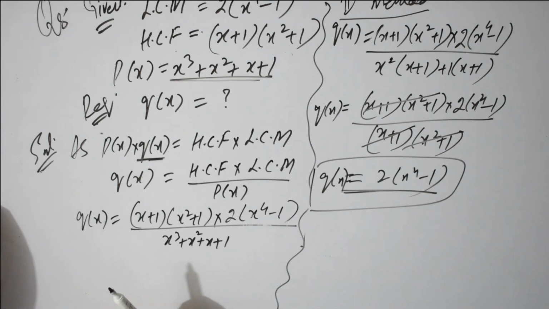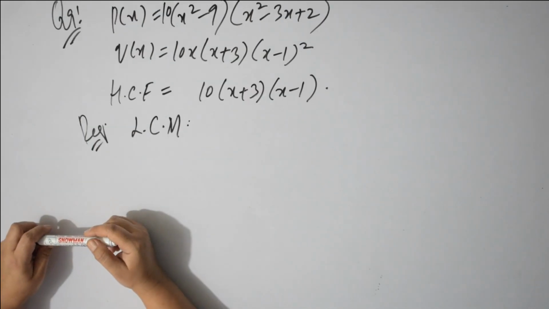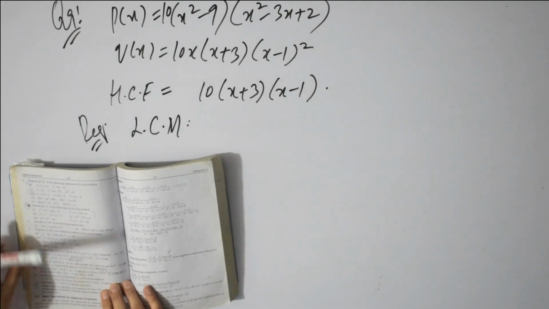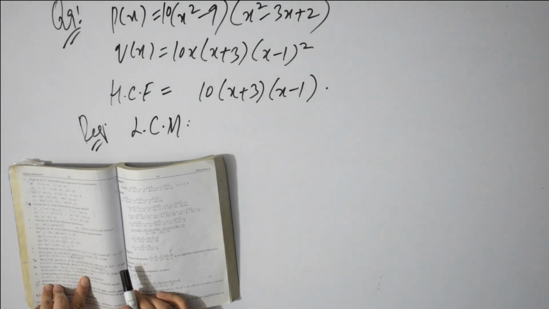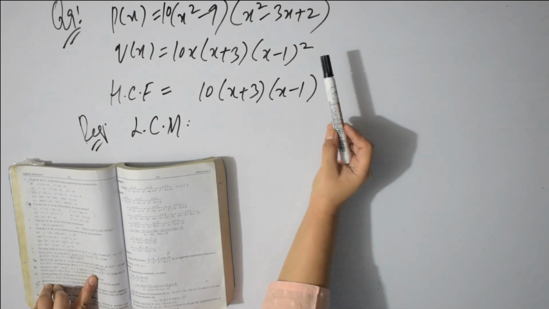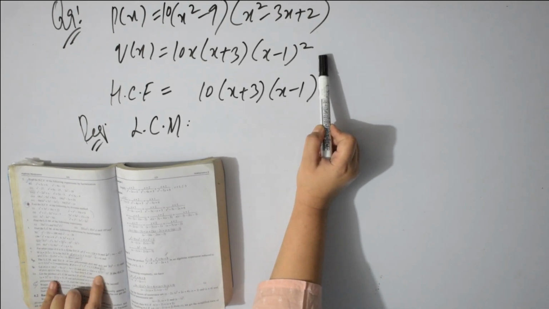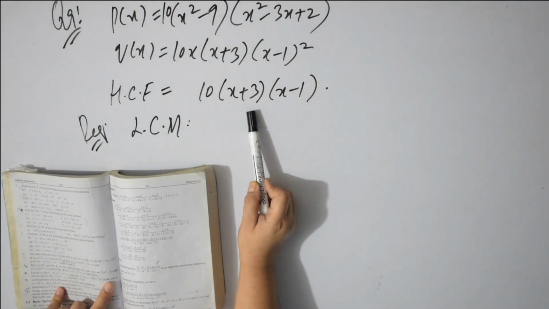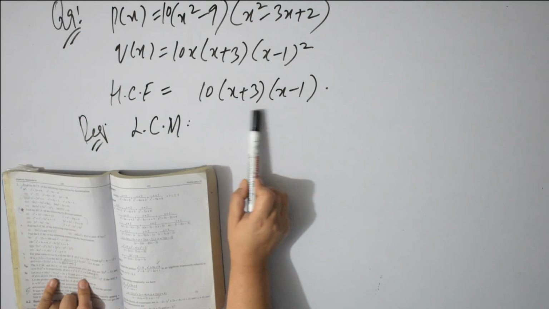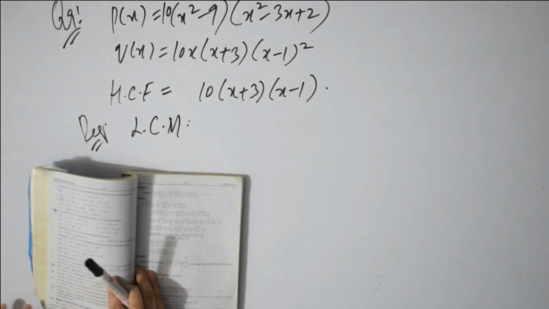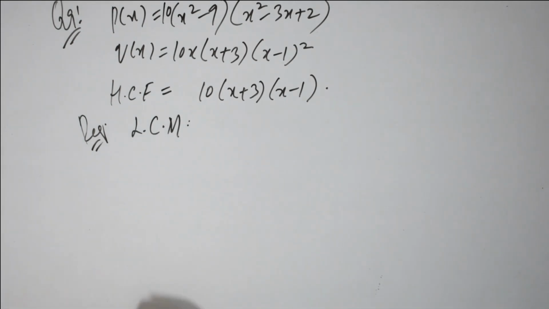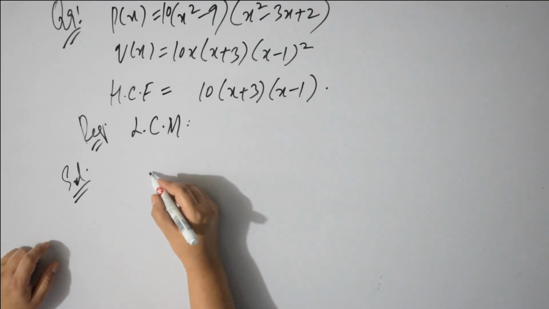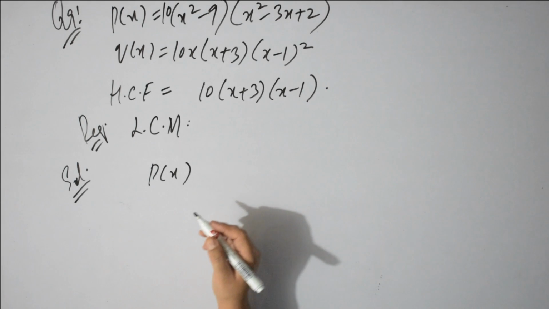Now the turn of question number 9. Question number 9, again I am reading it from the book. It's a very simple question. Let p of x is equal to this. This is p of x, and q of x is equal to this. This is your q of x. If the HCF, again this is given, if HCF of p of x, q of x is this one, find LCM. What is your required LCM? I'm just giving you hints that in the solution you will use the relationship between HCF and LCM, that p of x